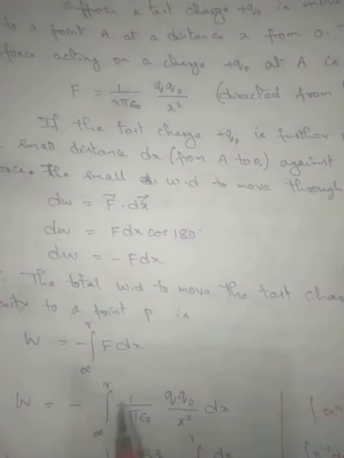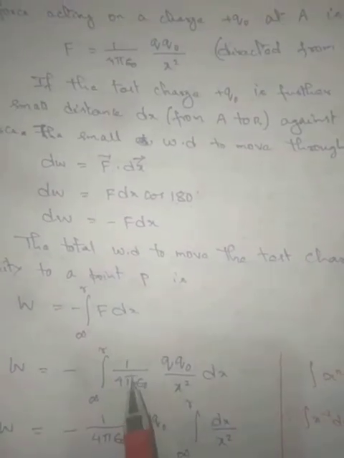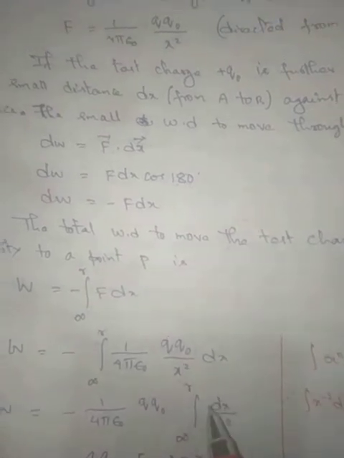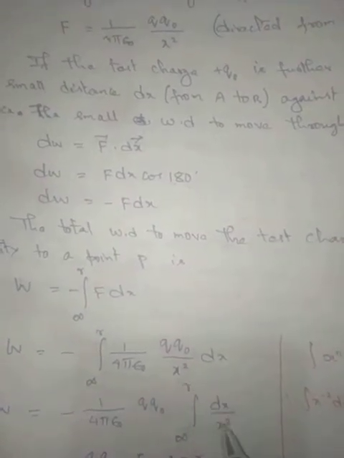So if this is the small work done to carry a test charge through a small distance, then the total work done to move the test charge from infinity to a point P whose distance from the source is r can be obtained by integrating this equation with the limits of integration from infinity to r, F dx. So instead of F we write that value. Now this 1 by 4 pi epsilon naught is constant, so we take it outside. q naught is constant, take it outside. So the only variable here is x, so we integrate 1 upon x squared dx,